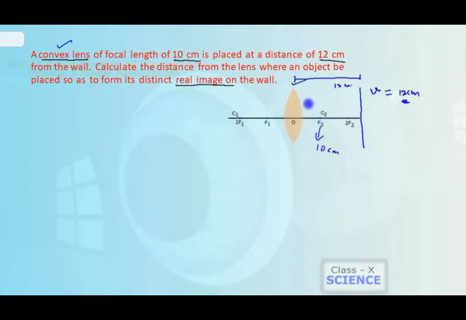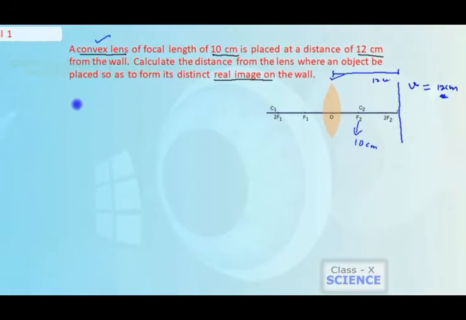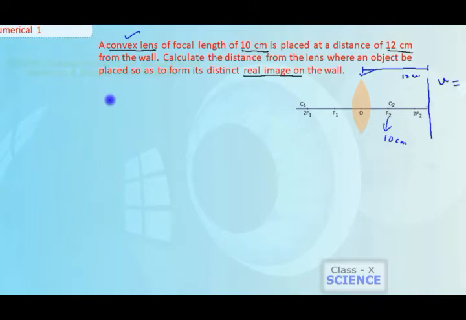We know that the image formed on the right hand side is a real image, right? So the image should be formed exactly on the wall. Now we have to find the object distance. Whatever the quantity is given, that we will write first. Here focal length is given, symbol of focal length is f, equal to 10 centimeter. Here focal length is expressed in plus because the focal length is on the right hand side. So here focal length will be positive.